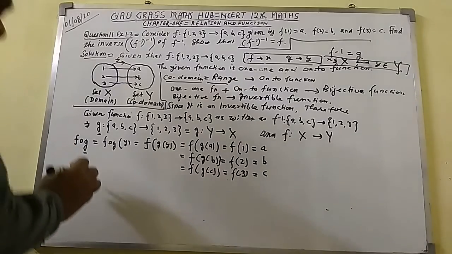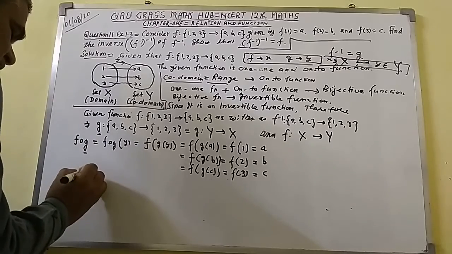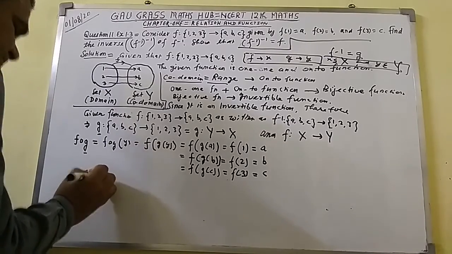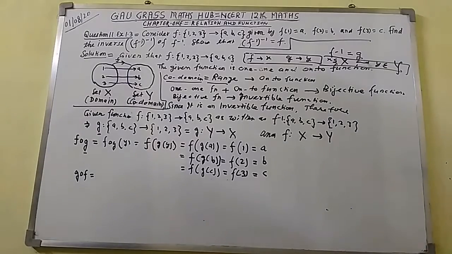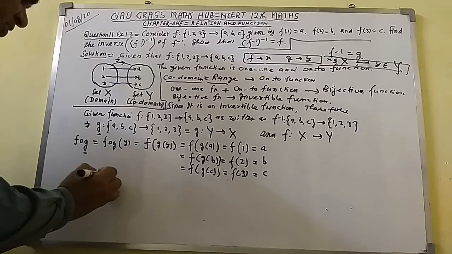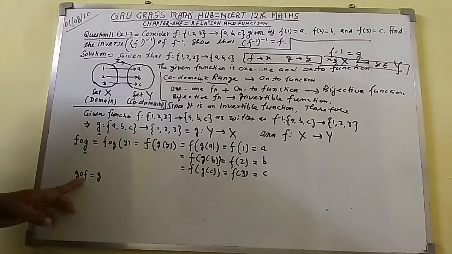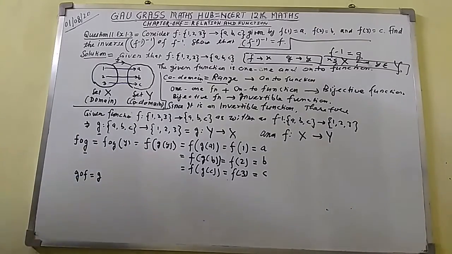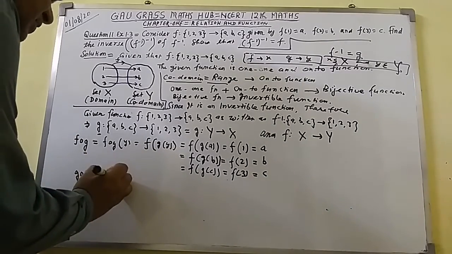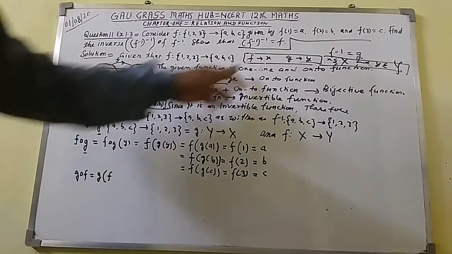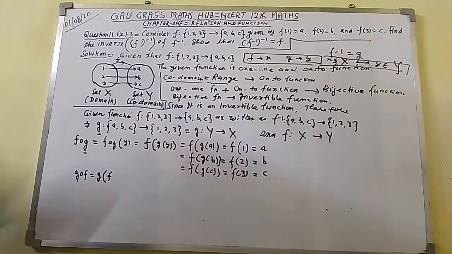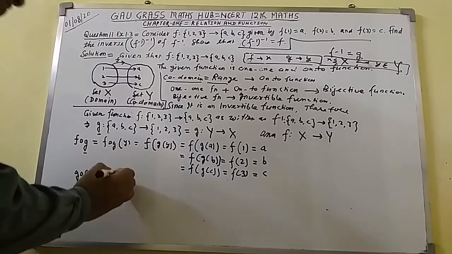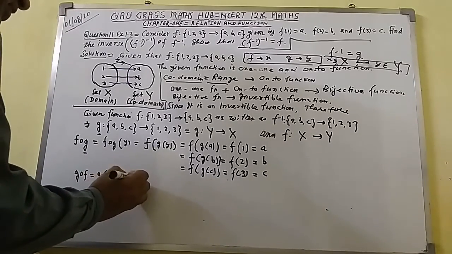Now come to G o F. So if you write here G o F, what will you do here? In case of G o F, write small g, and this small o will be converted into a half circle bracket. So here write the half circle bracket, then F. Now here I have written F goes to X, so here you can write F of x.